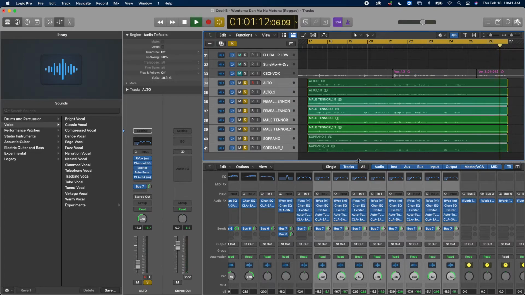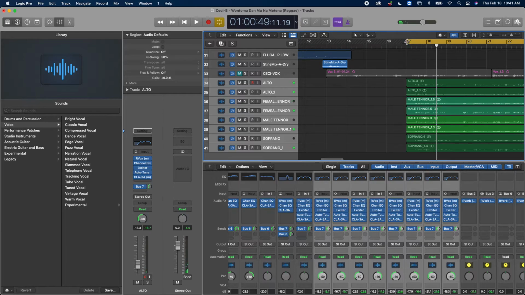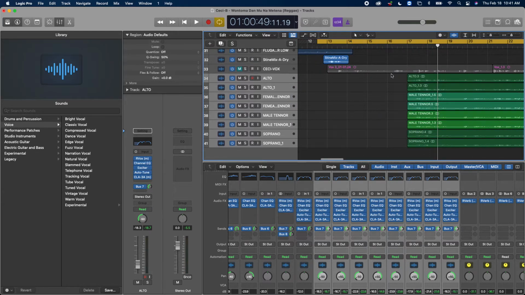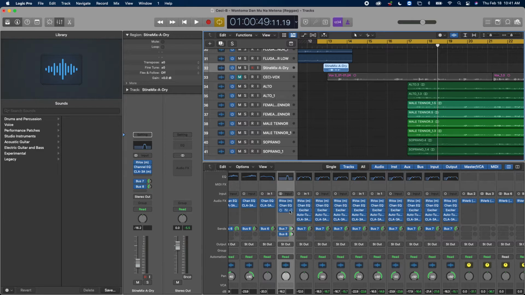So with everything I just showed you, if I play a little bit of the music from the work we did here and then the backing vocals without the lead vocal, because I don't want the lead vocal to be heard, so I muted it on purpose. Let's do it this way.